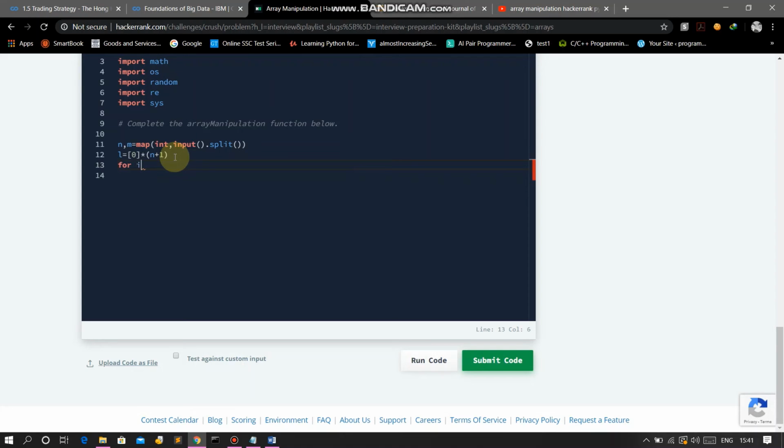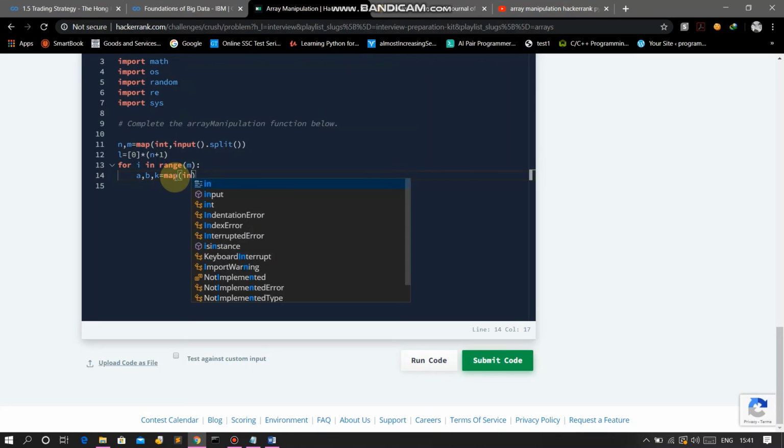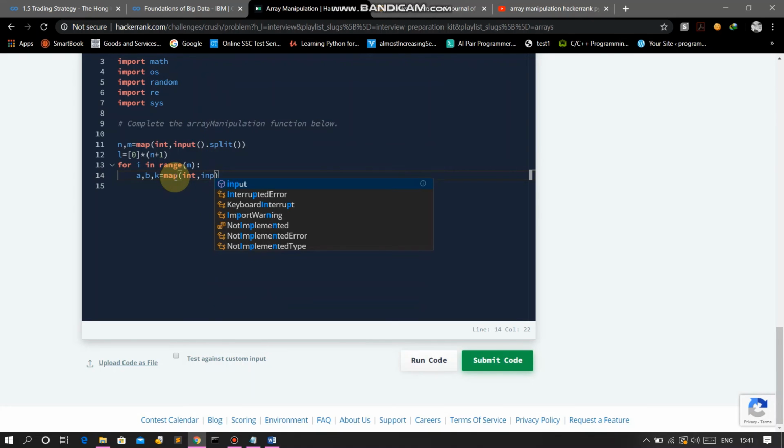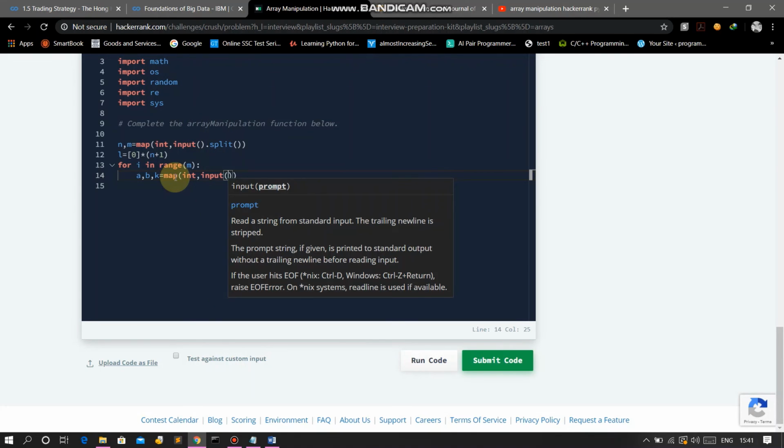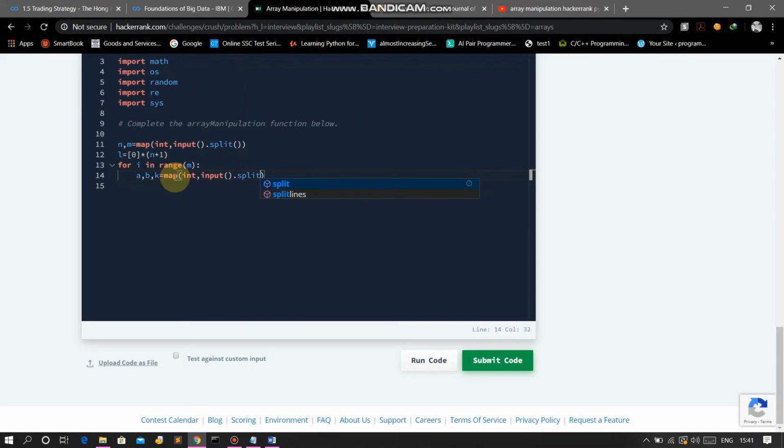So for i in range m, where m is the number of queries. In each query we will get a, b, k values: a, b, k = map(int, input().split()).